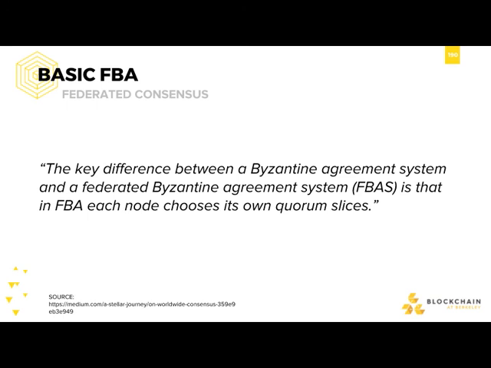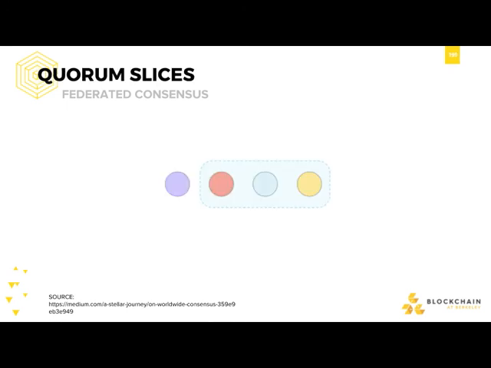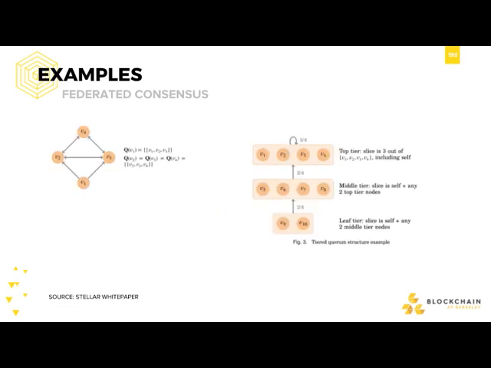A quorum is the consensus reached by the entire node, and a quorum slice is a subset of that you can reach consensus with. In this case, you choose your quorum slice, and it shows right here that you trust 3 out of the 4 nodes. And here are some other examples of different quorum slices. You can go to a tiered approach, or a cyclical graph.